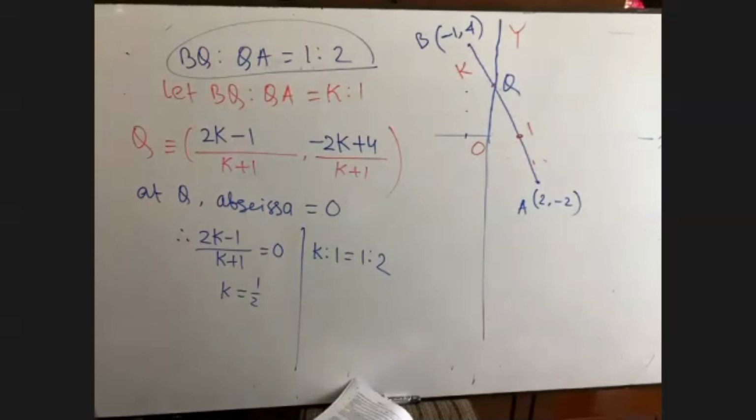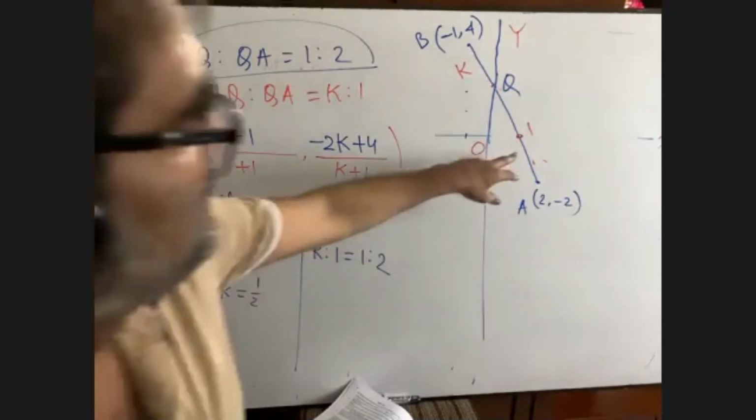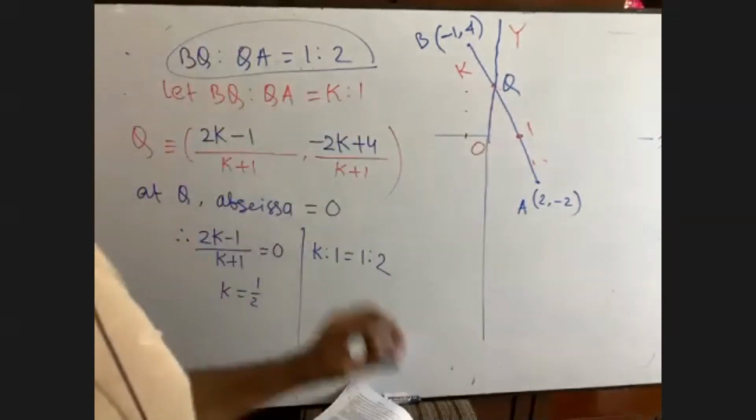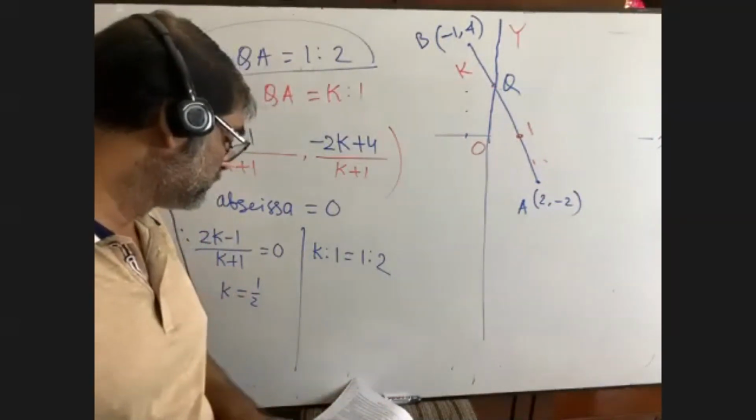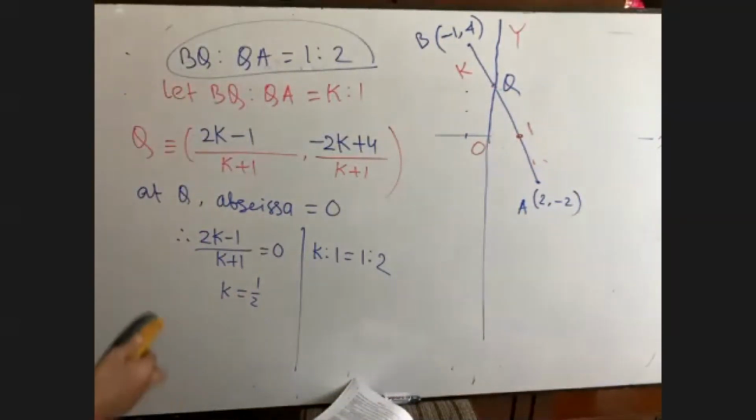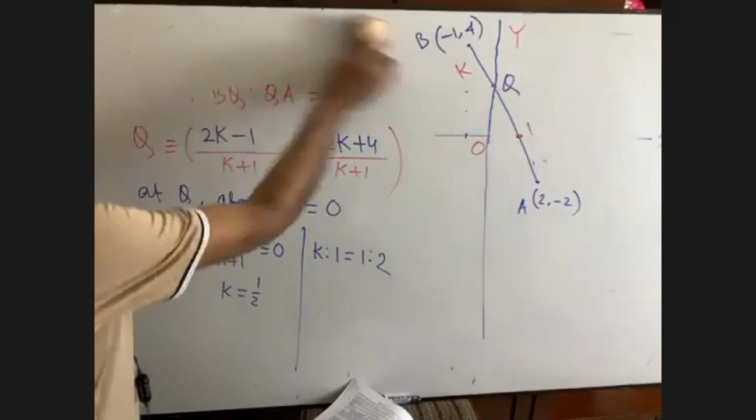So can you write: the x-axis and y-axis both divide AB in 3 equal parts, that is on the x-axis and on the y-axis. The points we have got are the points of trisection. Is it okay to all? Everybody? Yes, sir.